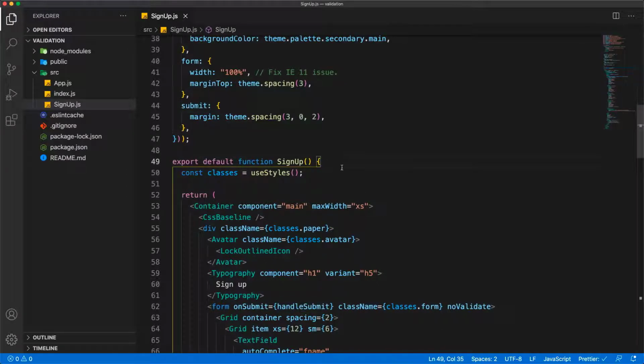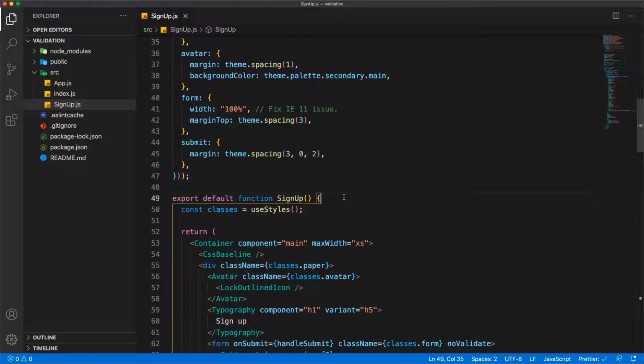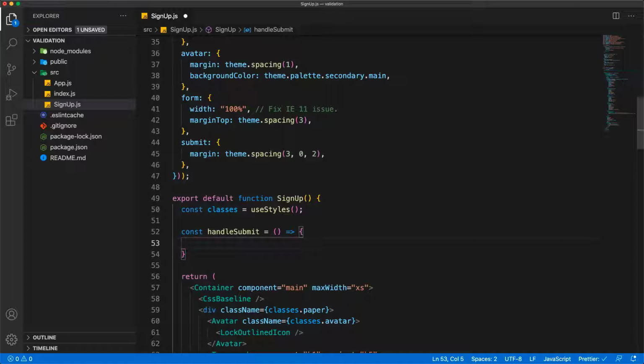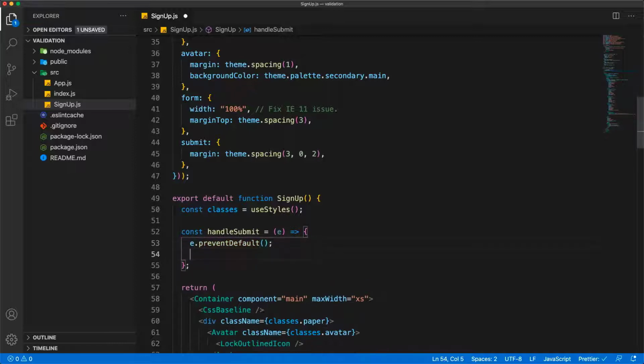So let's go up to this sign up component, go down here and create a very simple function. Let's call it const handle submit. I'm using functional components here. If you're using class-based components, that's still fine. Now I need to prevent the default submission. So basic stuff, let's say prevent default. Okay, we're going to prevent default, and let's go ahead and alert